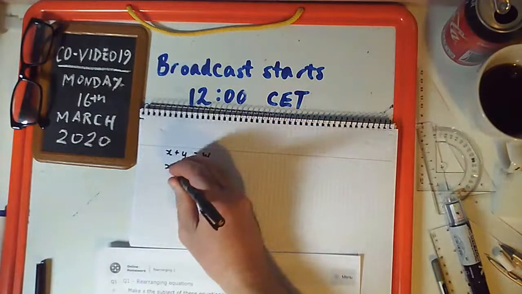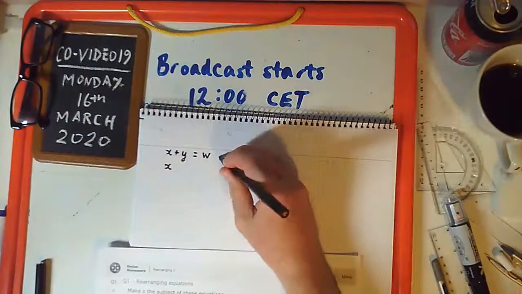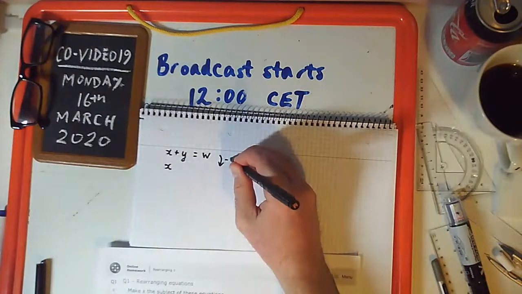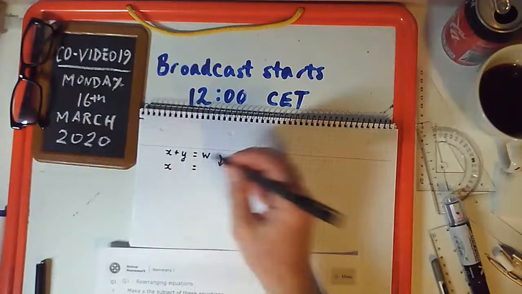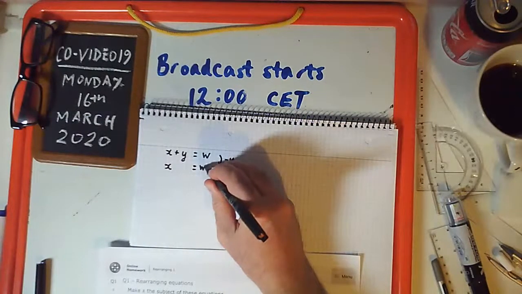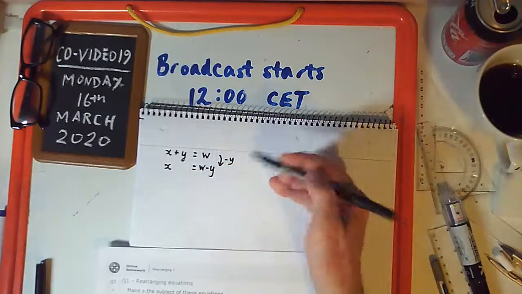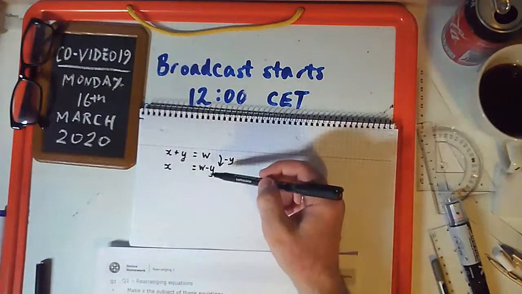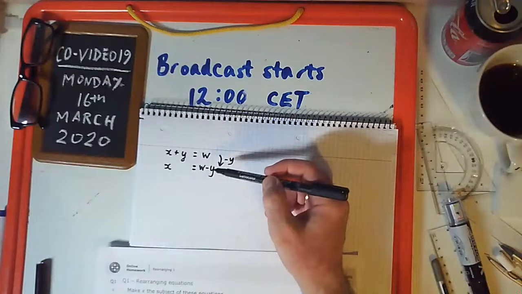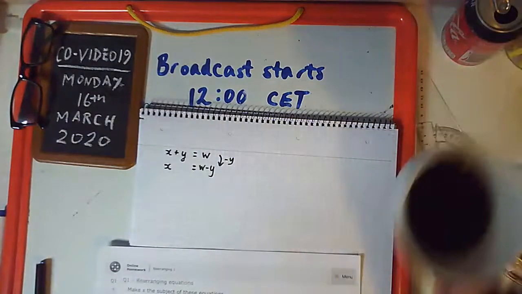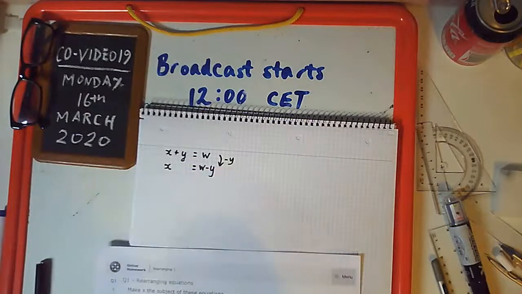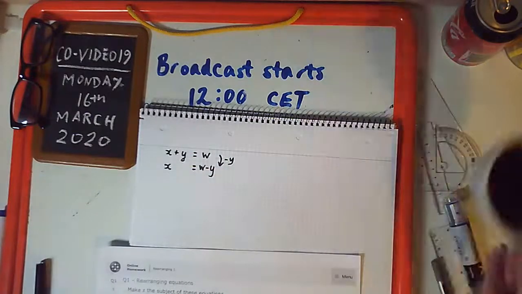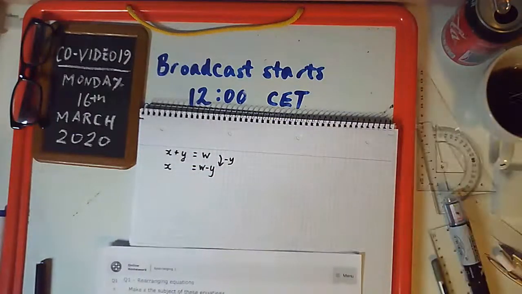I'm trying to get the x on its own. So I need to take away the y to get the x on its own. But because an equation is like a balance, I need to do the same thing on the other side as well. So I take y away from the right-hand side, so it becomes w minus y. Second one,